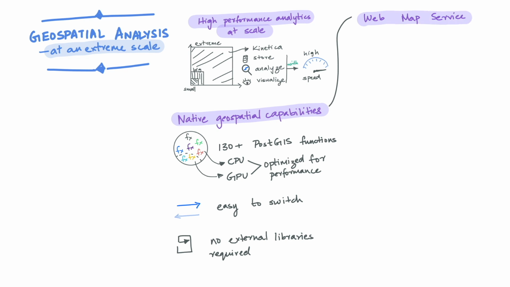Kinetica's geospatial capabilities also pair really well with other features of the platform, such as the Web Map Service endpoint that can be used to generate data-intensive maps that are rendered server-side rather than on the client. This allows us to visualize an unparalleled amount of data on a map. And since these are being processed natively on a server running Kinetica, the underlying geospatial operations and queries can be performed at really high speeds to update the WMS frames in real time, which are then sent back to the client application as lightweight images. Each WMS call generates a static image file.